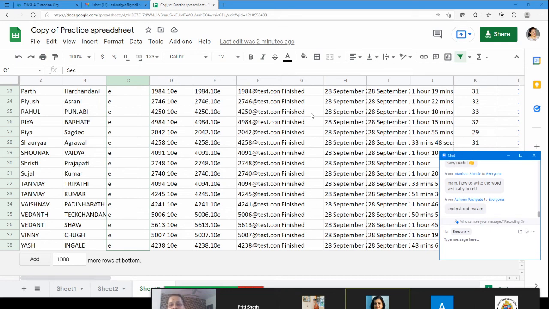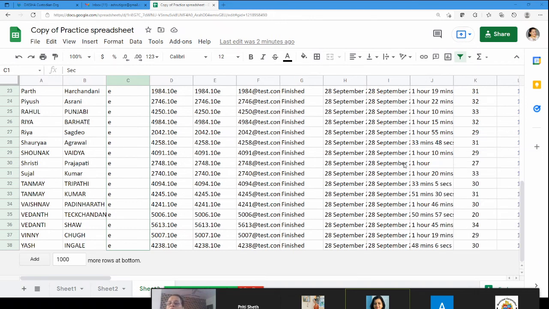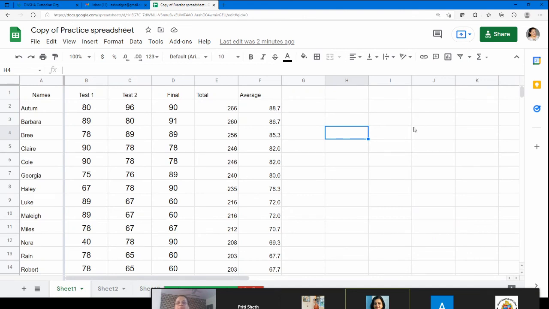Okay. So this is about sorting and filtering, and now let's move on to conditional formatting. For conditional formatting, again, let's move on to the previous sheet that we had, this sheet. Okay, now I want conditional formatting. So what all things do you want to format? आपको क्या range चाहिए? Is the pace okay? I hope I'm not going very fast. No, ma'am. Okay, fine, thank you.